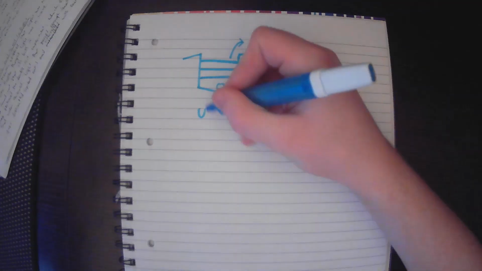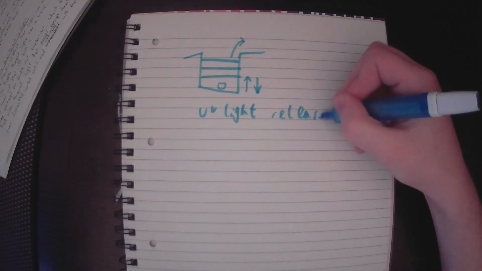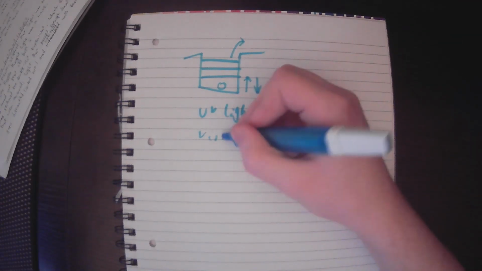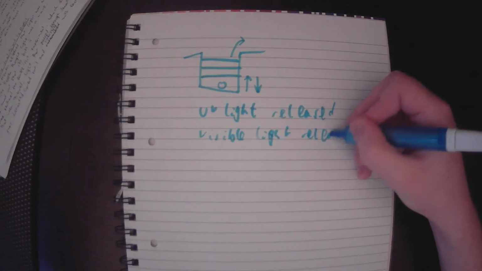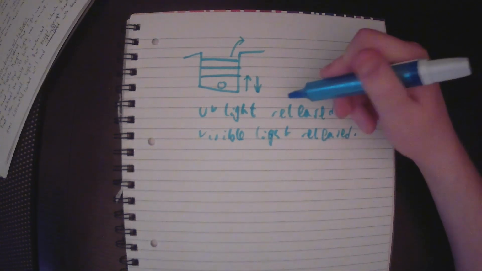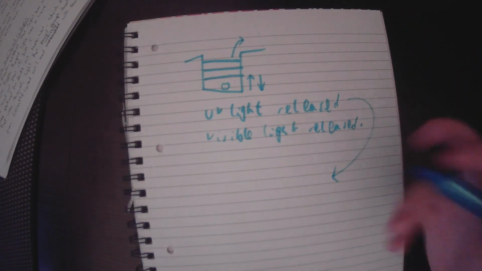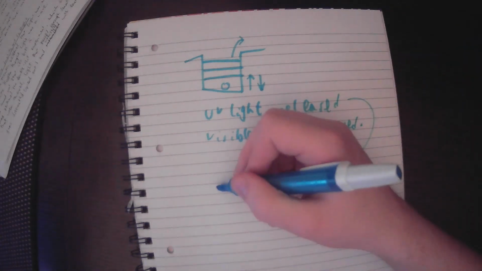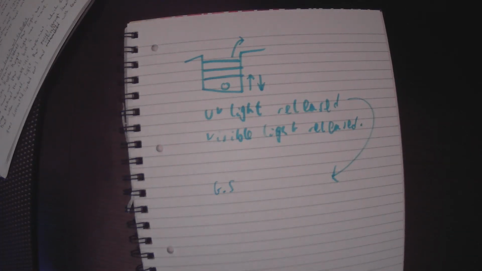There is either UV light released or visible light released. I will go over very quickly when this occurs. Ultraviolet light is released when it goes from the ground state, GS being ground state,